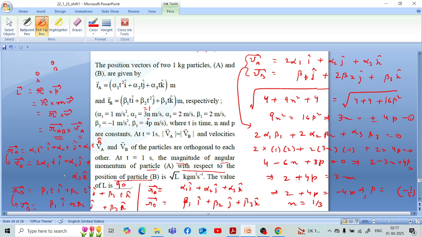और पोजीशन वेक्टर की अगर हम बात करें तो उन दोनों को रिलेटिव फॉर्म में लिखेंगे r_ab। तो ये की पॉइंट है। तो हमें सबसे पहले r_ab निकालना पड़ेगा, हमें v_a निकालना पड़ेगा। गिवन इक्वेशन है हमारे को, केवल जो दो इक्वेशन गिवन है r_a और r_b की, वो भी स्ट्रेट अवे गिवन नहीं है, वो भी कुछ सर्टेन वेरिएबल्स के टर्म्स में, कॉन्स्टेंट्स के टर्म्स में गिवन है। तो हमें कंडीशन, जो दो कंडीशन दी गई हैं, वेलोसिटी के मैग्नीट्यूड को बराबर दिया गया है और ऑर्थोगोनल दी गई हैं, उन कंडीशंस को यूटिलाइज करते हुए प्रॉब्लम को सॉल्व करना है।